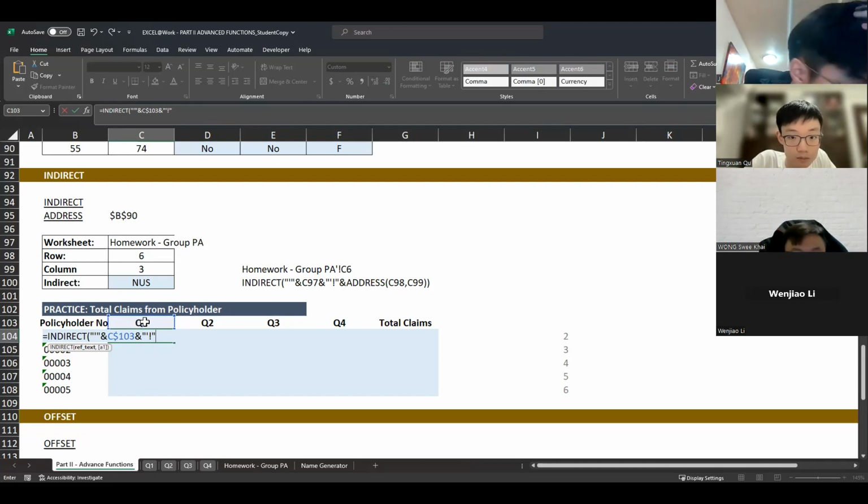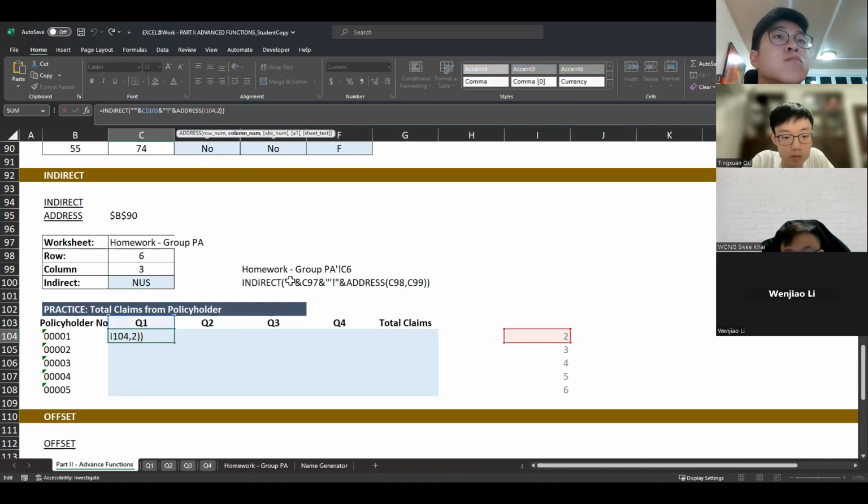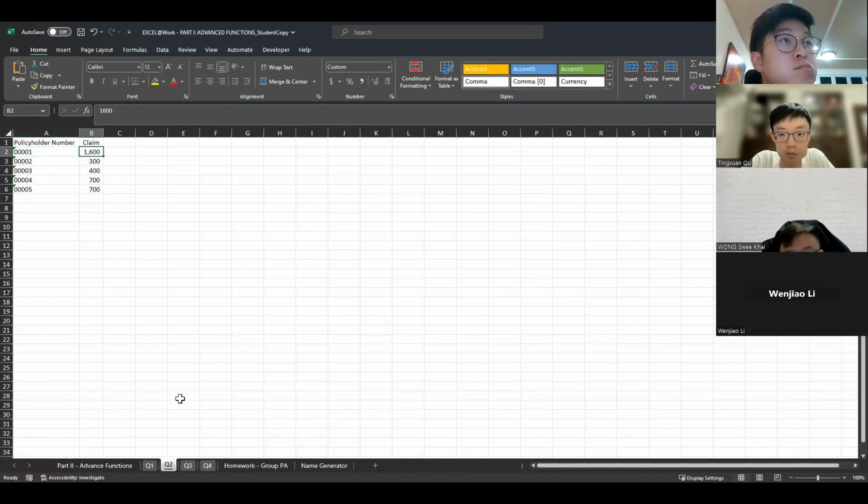And my address? My address is this column, this row. My column number is just 2, because when I look at this, I see that my row number is always 2, because I'm always at policy 1, the second row.